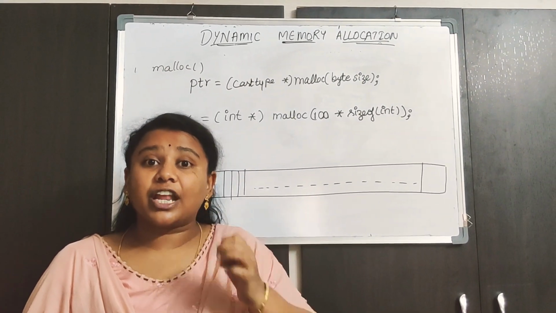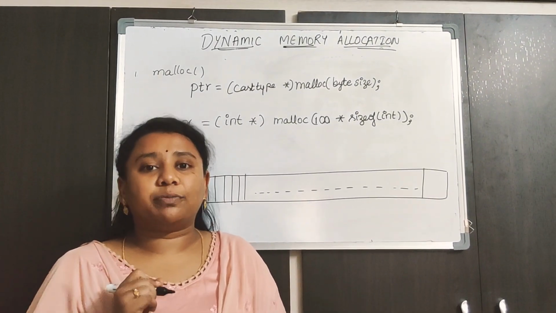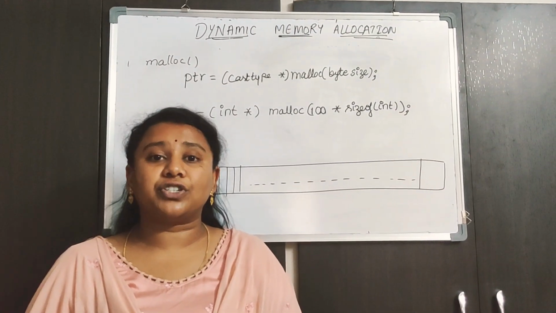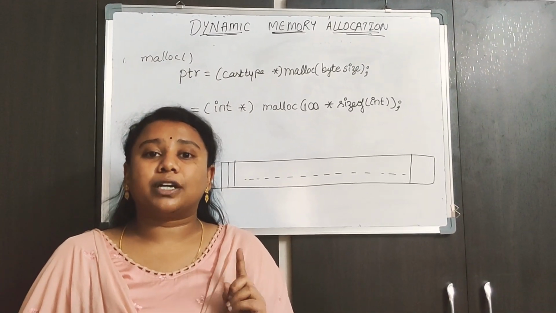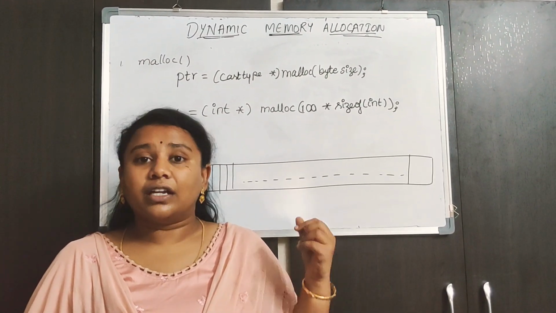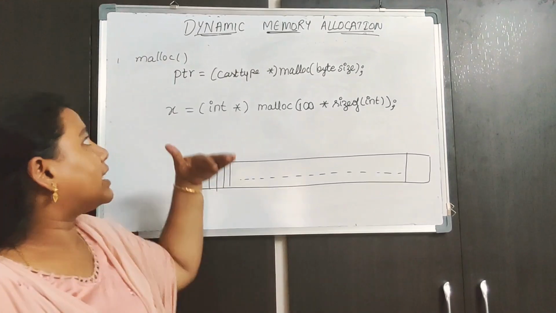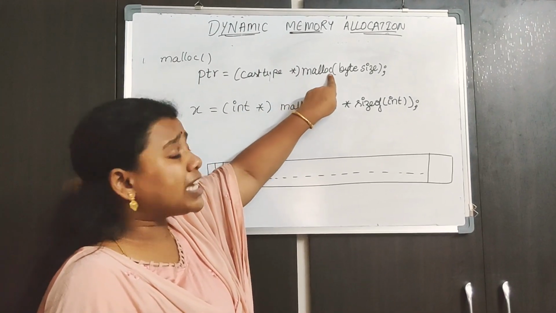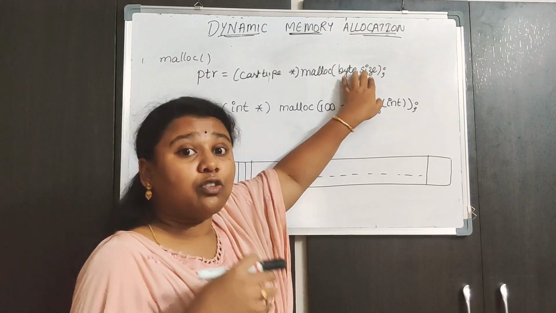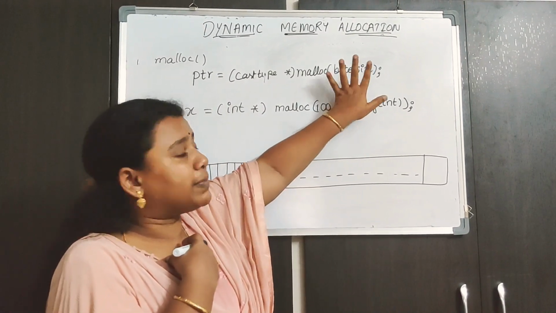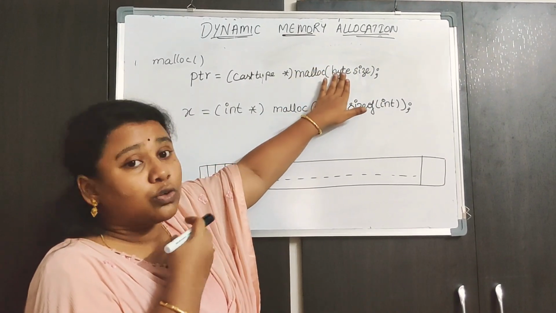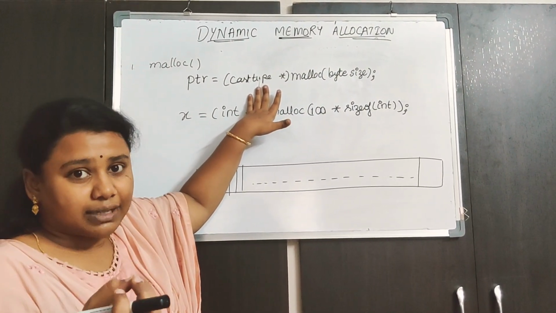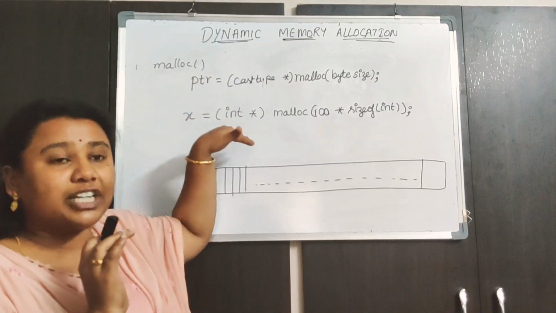The return type of the functions malloc and calloc is a void pointer. Whenever we are trying to access memory using these functions, we compulsorily need to typecast. First, let us understand what I have written here. I have written the syntax of the malloc function. I am using malloc and specifying how many bytes I want in the brackets, and after getting those bytes, I am applying the cast type. Now we'll see with an example what that means.